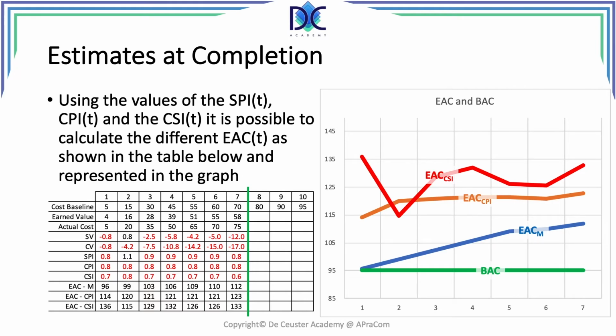You can, at every period, see what your estimate at completion can be. This gives you information about the performance of the project, and you can use this to evaluate your project. Do I have to continue or do I have to kill the project? When those estimates are too far away from your values estimated in the business case, it may be a good reason to stop the project and to avoid